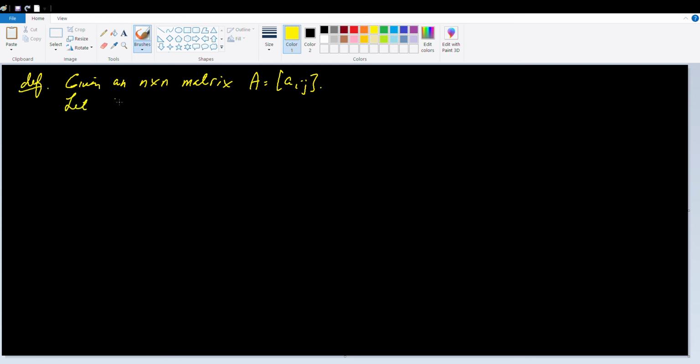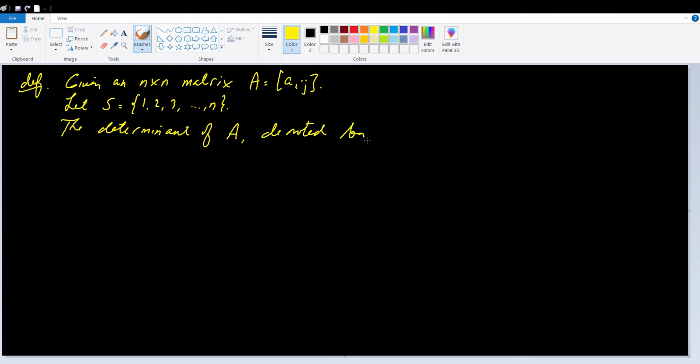Let S be the set containing the numbers 1, 2, 3 up to n. The determinant of A, denoted by the absolute value of A or that of A, is defined by